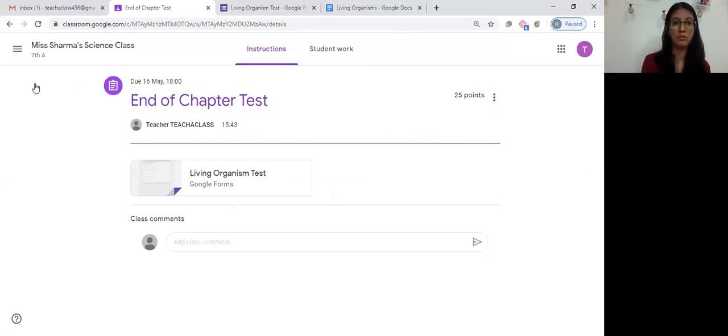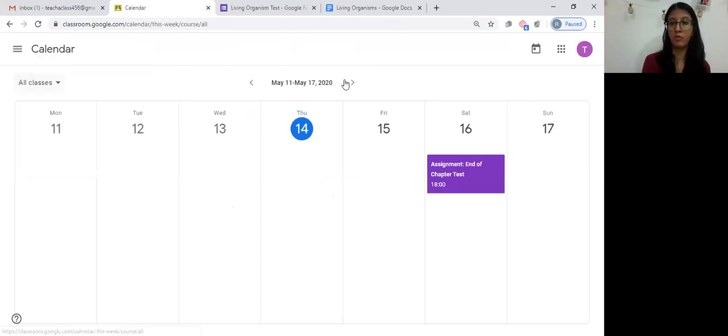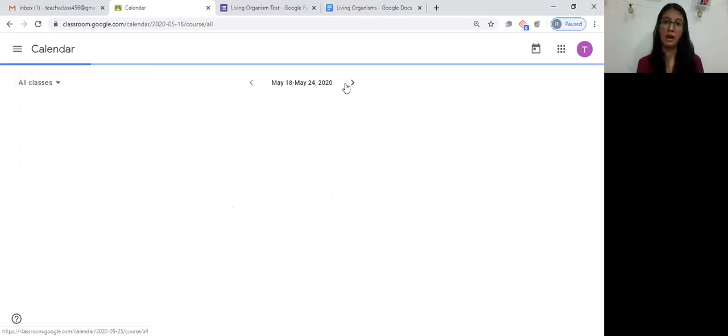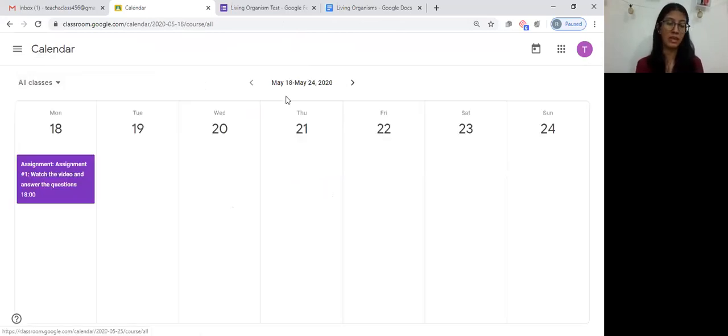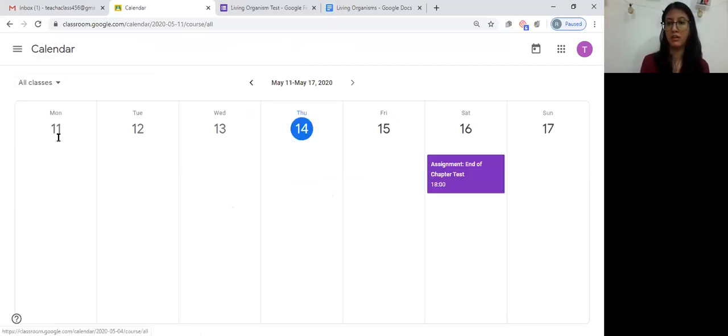I'm going to go over to my calendar again. It's going to give me a view of what is upcoming. I can assign my tests, etc. from here, and basically use my calendar to organize all of my work, or the flow of my classes.